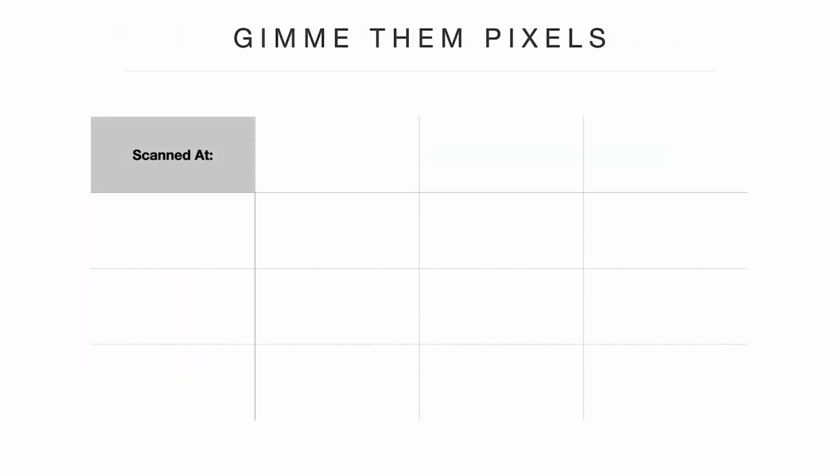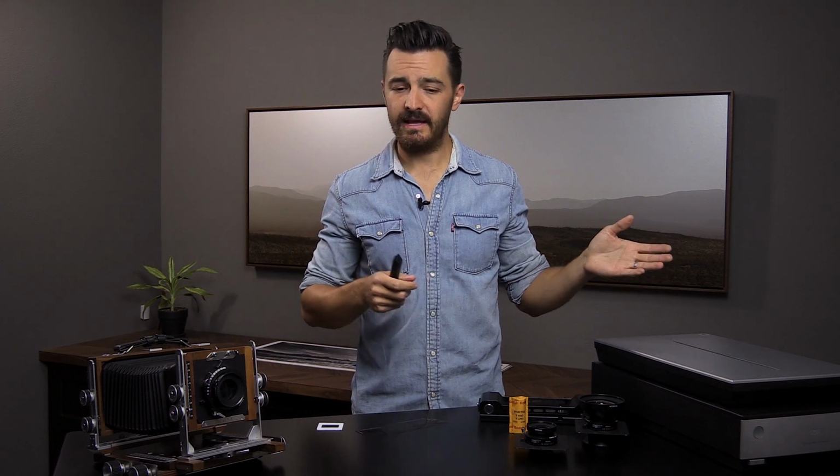So I'm going to look at scanning at several different resolutions here, starting with 2400 pixels per inch, which is readily available on even the most basic home film scanner. My Epson Perfection V750 can easily do 2400 pixels per inch. And just for anyone who's unfamiliar with what I'm talking about here,